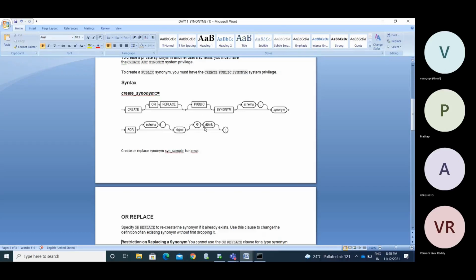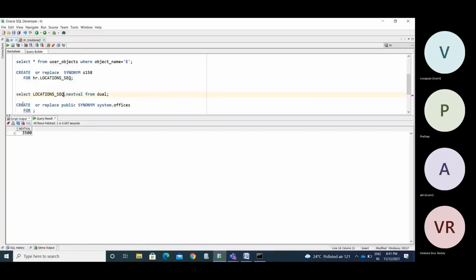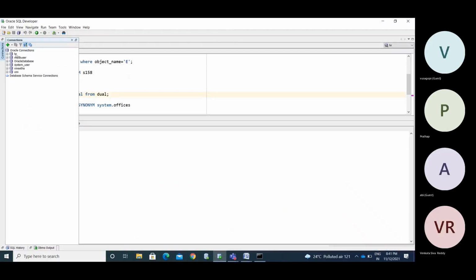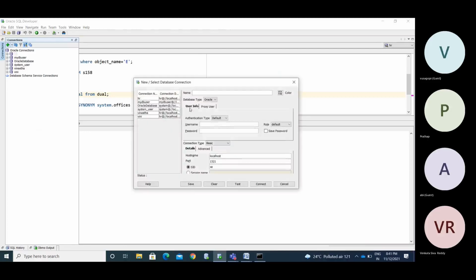If you want other database users to access data from one server to another server, say you are on some X server, this is your local system. You will see we have a lot of users here, and all users are on the local host. See, the host name is local host. Everything is on the same server, so whatever users you are using here are all on the same server itself.